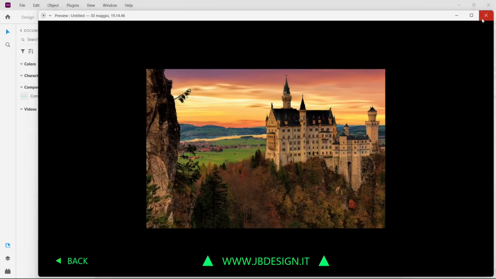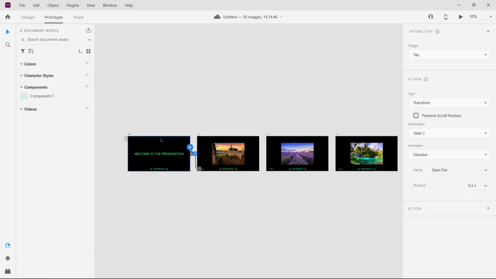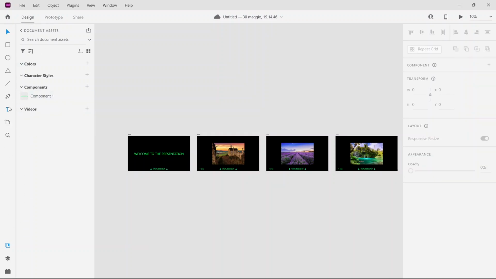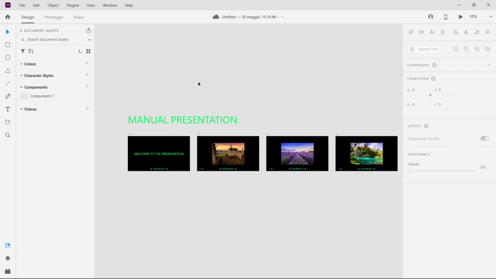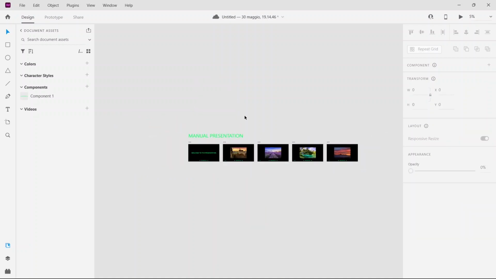So we have now created a manual presentation, so a presentation that we can go through by clicking on some elements of our keyboards or of our mouse, and we can name this series of slides. So we can go to the design area, create a text, and then we can name these slides manual presentation. So since this is an insertion, we can enlarge the text,